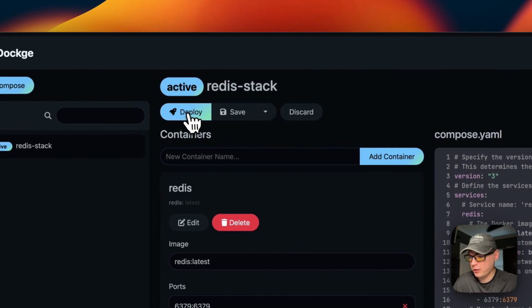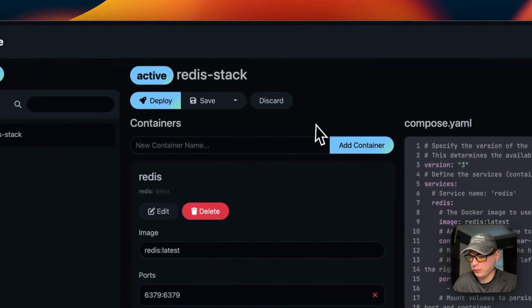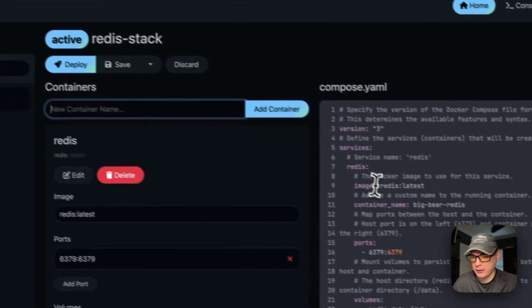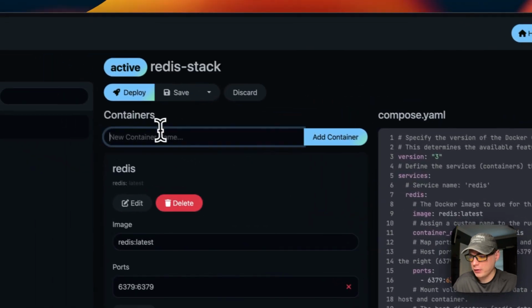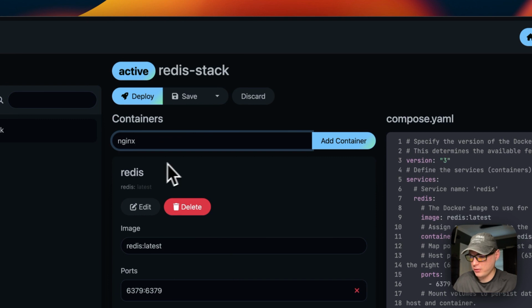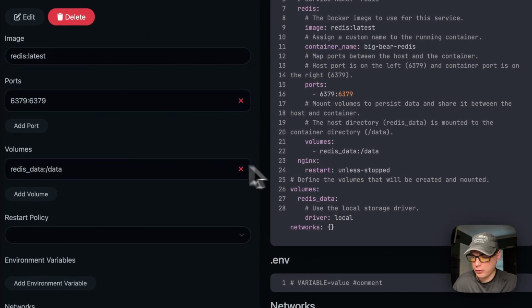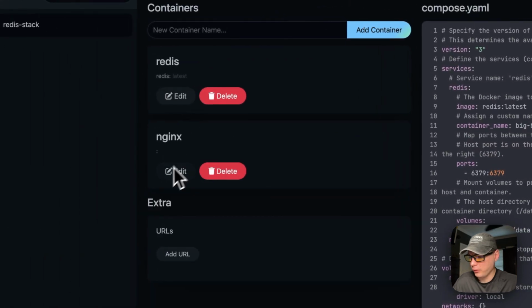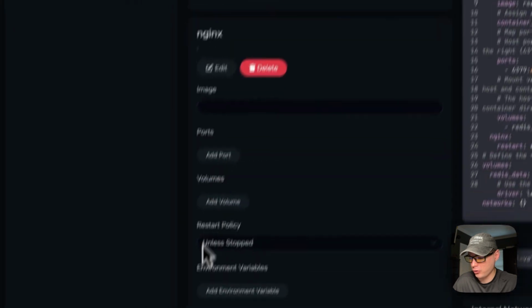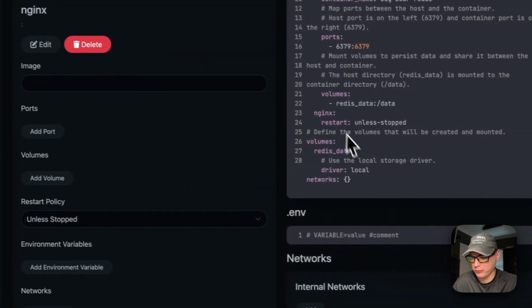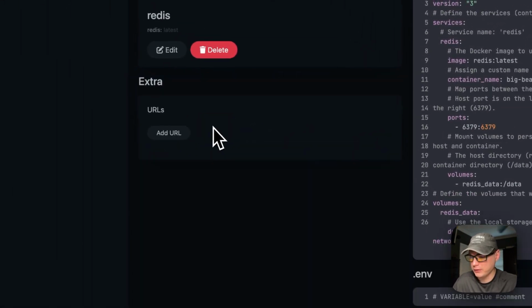The actions up here: deploy, save, stop and down, and then discard the changes. You can also add another container underneath the services right here. So you can just do nginx and then add, and then you can see it's over here. You can see it also added it to the UI over here too. So you can edit it here, and then it'll sync over here. So I'm going to delete